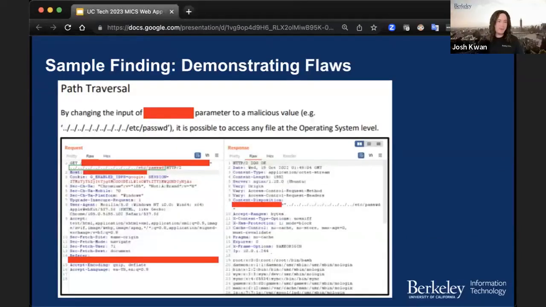So I mentioned path traversal as an example. Each finding has evidence at the bottom of the report where the students demonstrate how they actually exploited the flaws, right? So it's not just a hypothetical, we think this is vulnerable. They actually show the proof of concept, screenshots and other evidence. And so this is an example of path traversal, which if you're not familiar with that, it's a fairly common web vulnerability, also known as the ../ attack. So what you're looking at here is a screenshot of Burp Suite Professional, the tool that Allison mentioned the students use in the class.